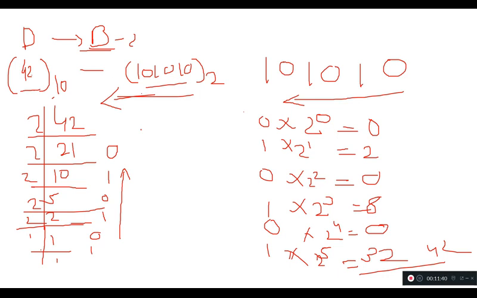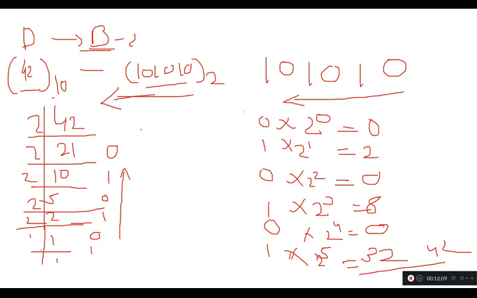The same way you can convert octal numbers and hexadecimal numbers, but it's not given in this chapter. Here computer arithmetic, binary addition and subtraction are also given, but it's not useful right now. Otherwise, I am also sending you a video for that: binary addition, binary multiplication, binary subtraction, and division.